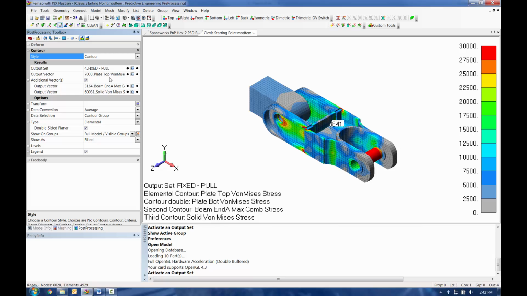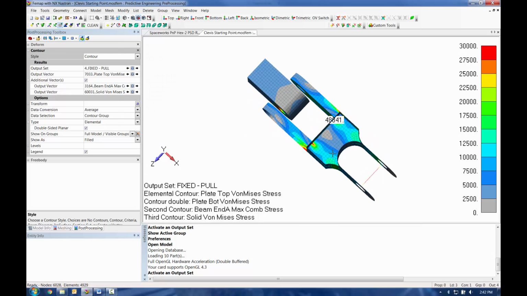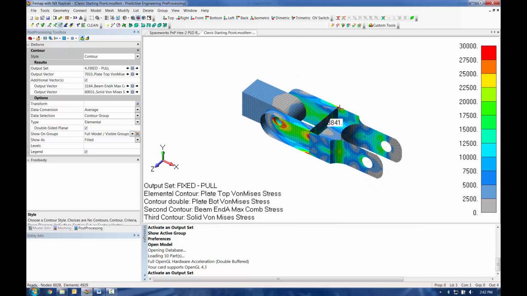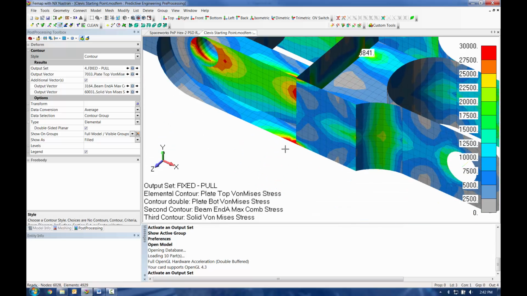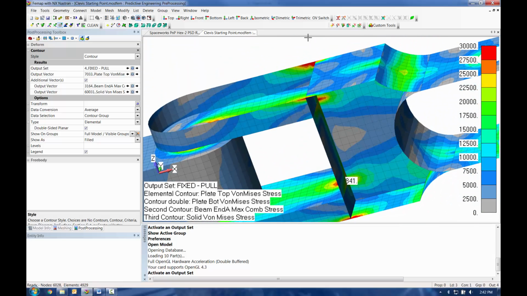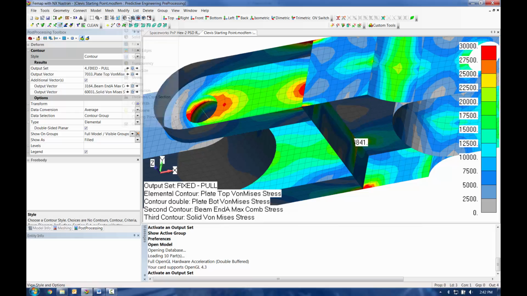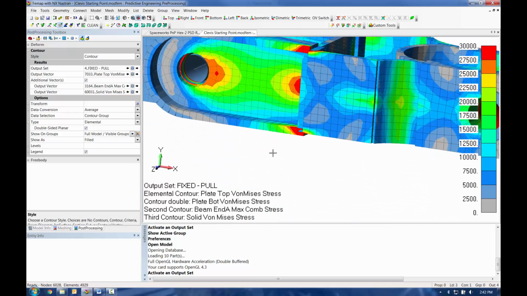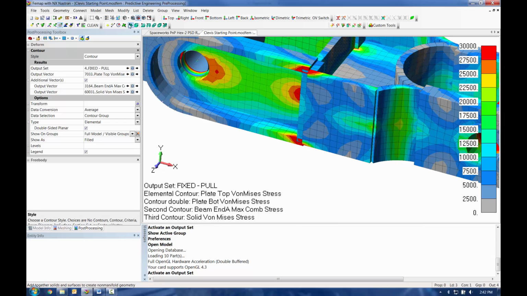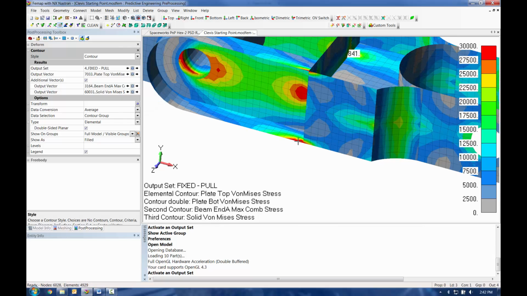So the first thing I'm going to do is this model here. If I turn off my thickness, you can see most of it has been created with plate elements. So I'm going to want plate top and plate bottom stress. So there is an option here, double-sided planar contours. So when working with plate elements, I want to make sure I have my plate top and my plate bottom stresses. You can see that those two values are different there, and it might be easier to see with thickness turned on. But if you don't have that double-sided planar contour option, you're only going to be seeing one side of the